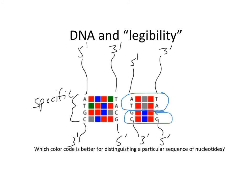So if you were a protein and you were reading in the 5' to 3' direction and you saw red, green, red, that is green in the middle, right? Gray. Gray? Gray. Is it red? Yes. Okay, good. So if you saw red, gray, red, you wouldn't know if you were reading an AT base pair or a TA base pair. And the same with GC. You wouldn't know if you were looking at a GC or a CG. So if you're a protein and you're trying to read the sequence of a DNA molecule from 5' to 3', A and T look the same to you using this code. That code, of course, is an abstraction,